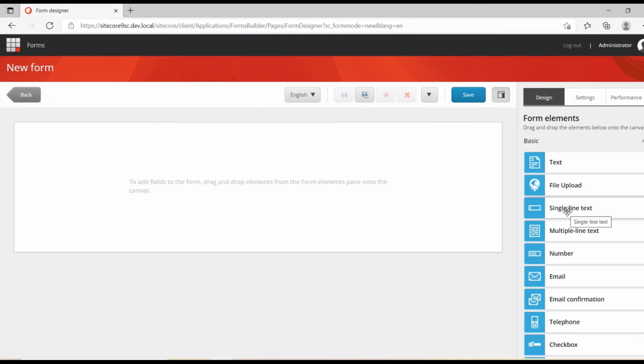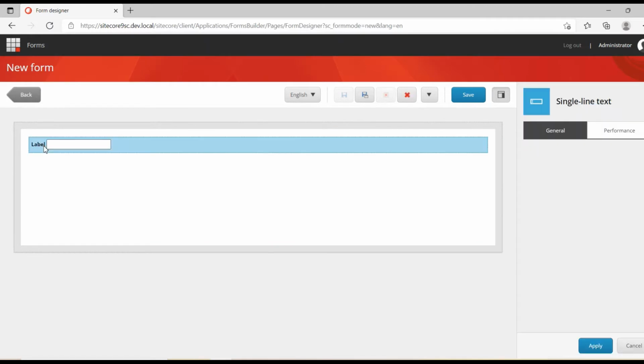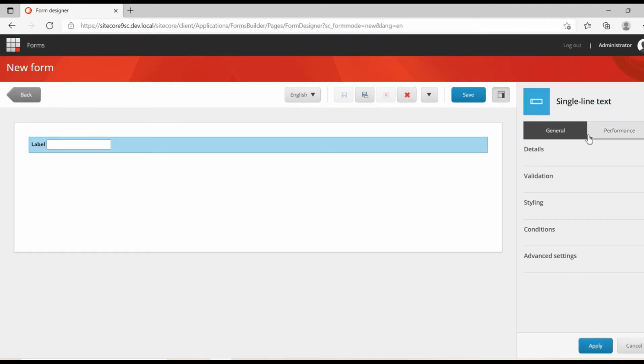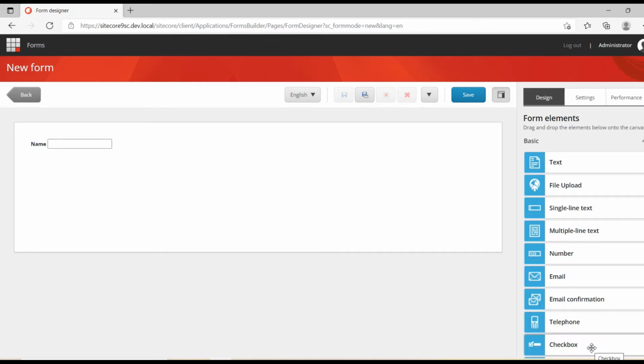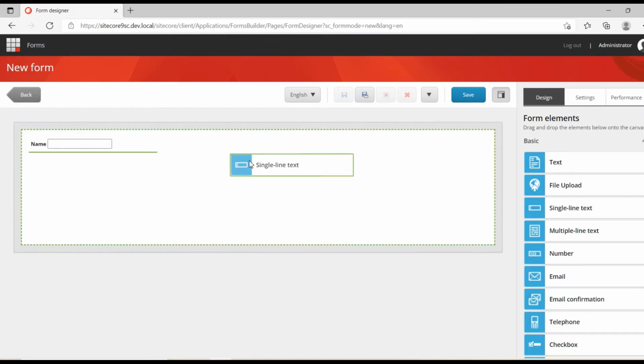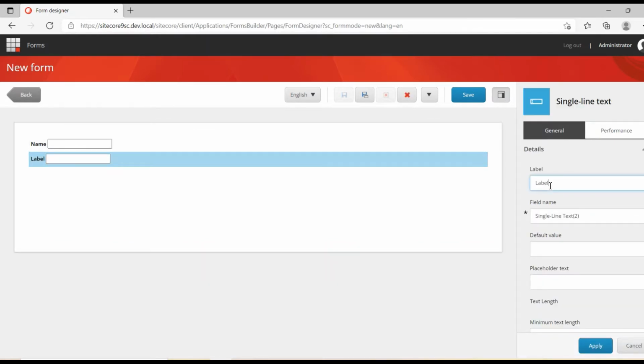I'm using a single line text and naming this label as name. Similarly, I'm including another single line text and naming it occupation.